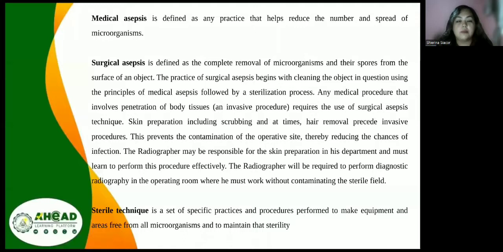Surgical asepsis is defined as the complete removal of microorganisms and their spores from the surface of an object. The practice of surgical asepsis begins with the cleaning of the object in question using the principles of medical asepsis, followed by a sterilization process. Any medical procedure that involves penetration of body tissue, an invasive procedure, requires the use of